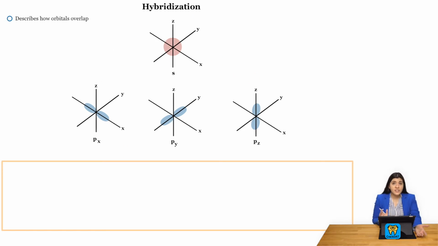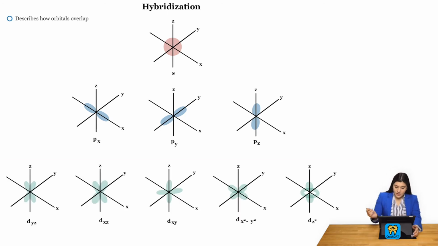look at for hybridization. The reason for that is because the next one, which is the d orbitals, are very complex, and they're very difficult to draw on a 2D level. So typically with hybridization, we do not look at the d orbitals. It's only s and p. So let's look at